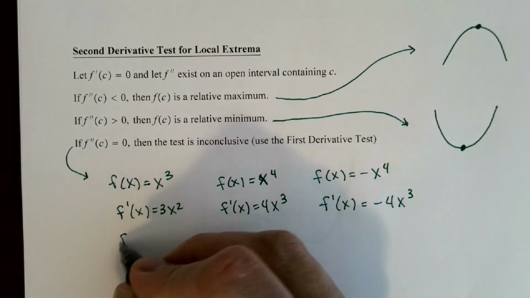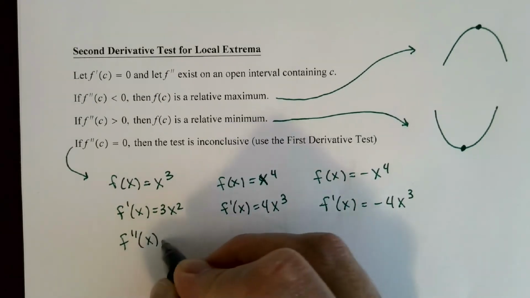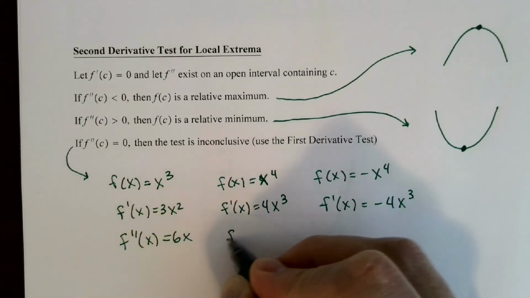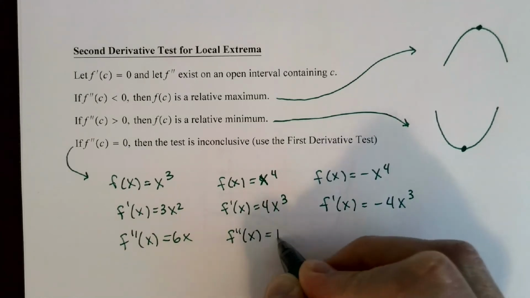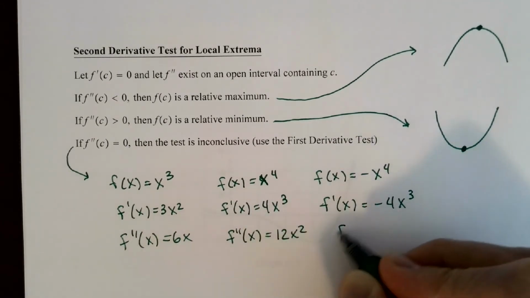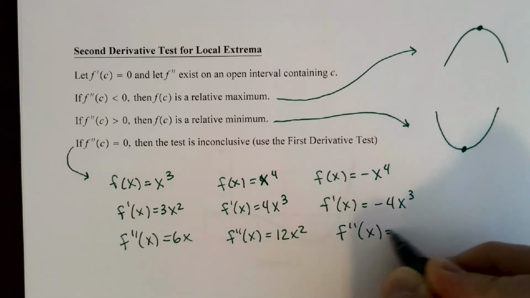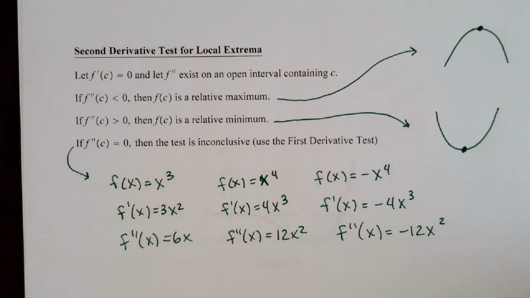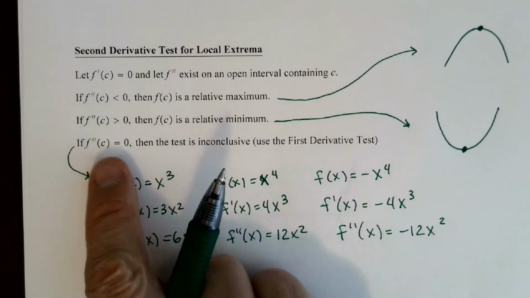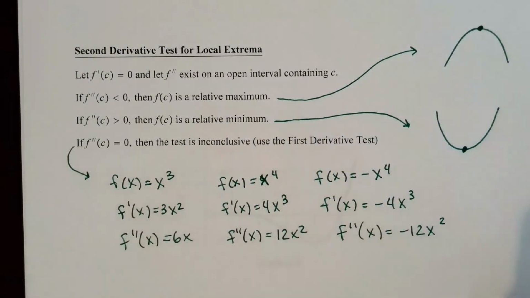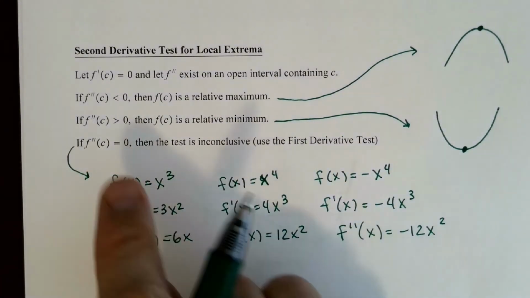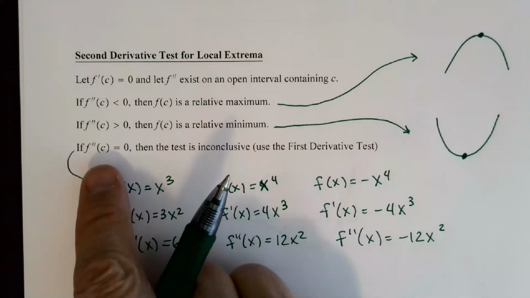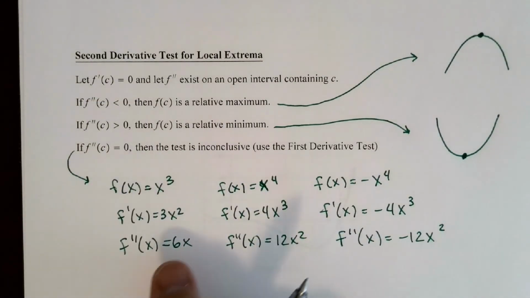But if I take the second derivative, well, in each case, the second derivative is equal to 0, right? At c equals 0. So f prime of c is 0, f double prime of c is equal to 0 for every single one